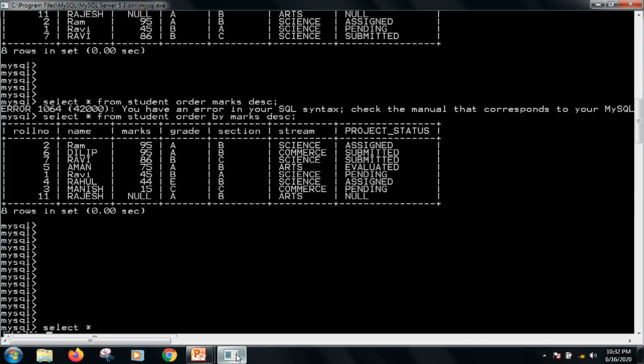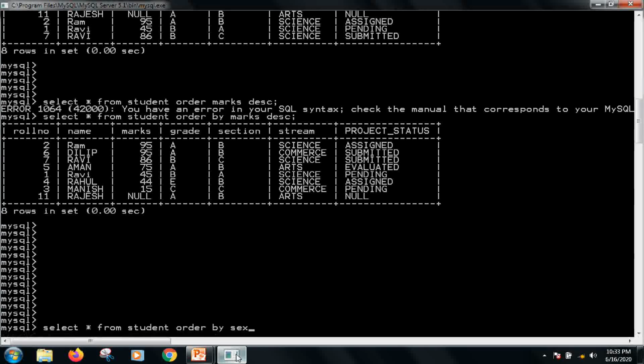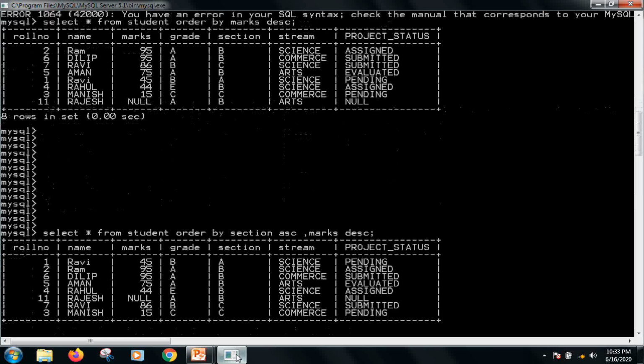Select star from students order by section, marks descending.